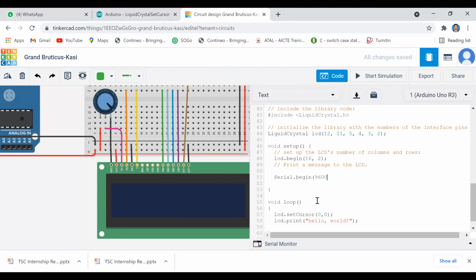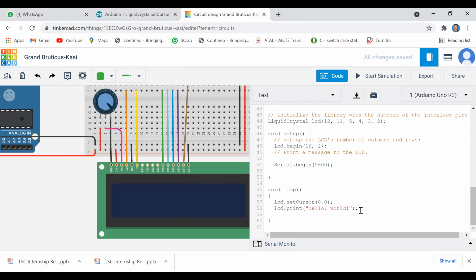I want to transfer my data serially to the serial monitor, so I can use serial dot print line. What is my data? This is my data. The same data I can move to the serial port on the simulation. See, these two functions help to put your data on the serial monitor.